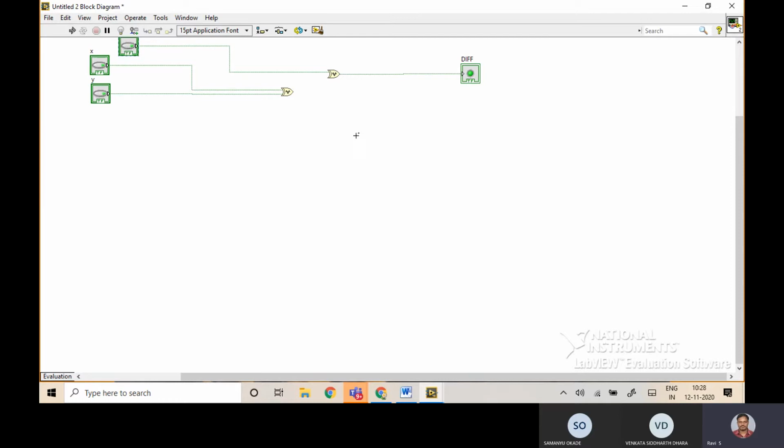Any doubt? One output of the exclusive OR is connected to the input of the other exclusive OR, since your expression is A XOR B XOR C, correct? It is very similar to the Multisim software and its connections. The same way you have to connect the wires. Now I connected A XOR B XOR C for generating the difference. Any doubts, sir? No, sir.